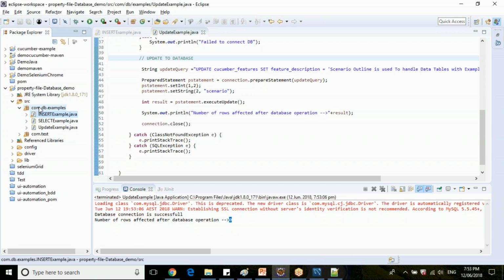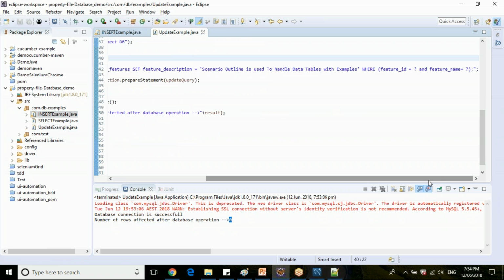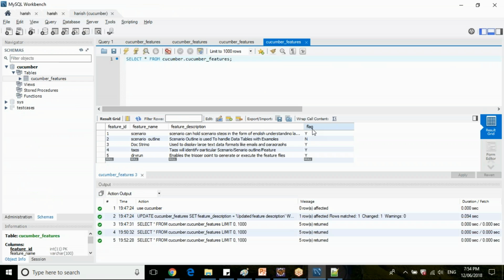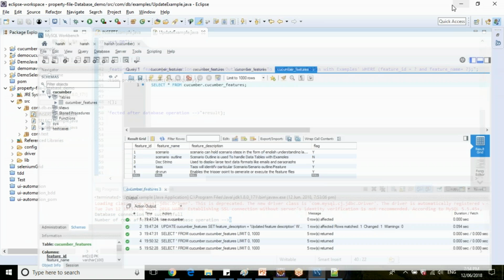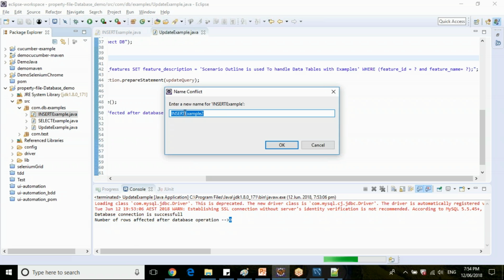As I told, normally we will not be doing delete operations in other applications. We will just update flag columns. Since we already know how to update column values, let's see the actual delete operation here. Let me clone this class. Guys, I'll share this complete workspace with you.